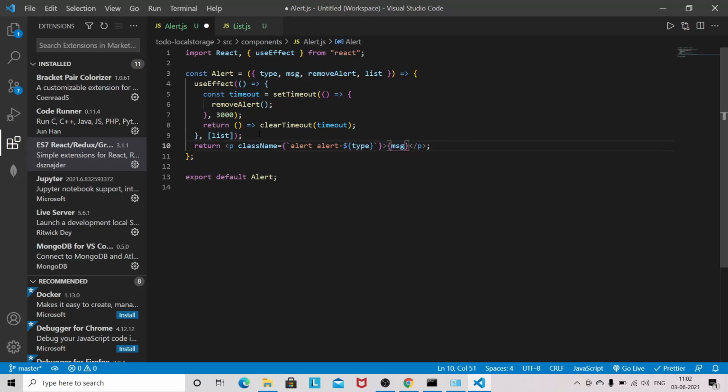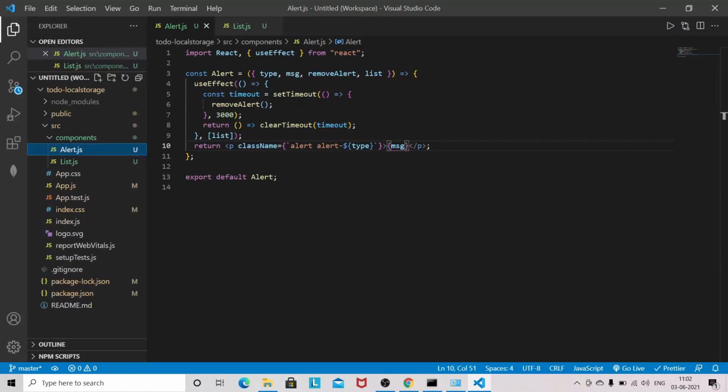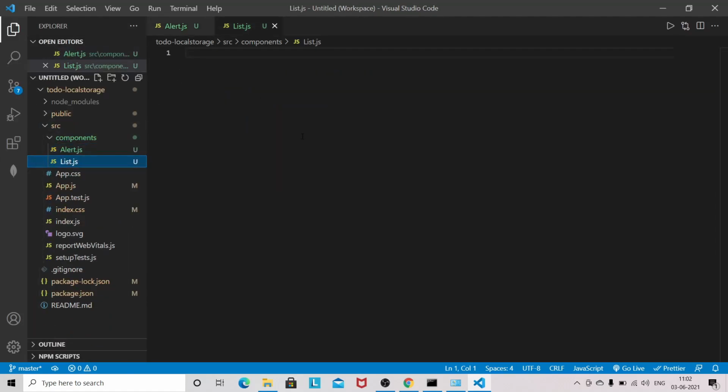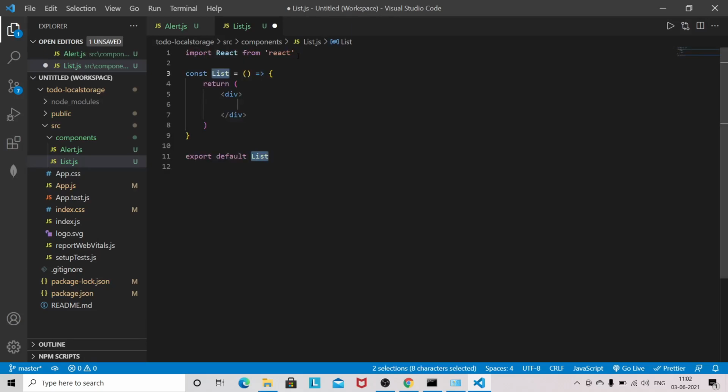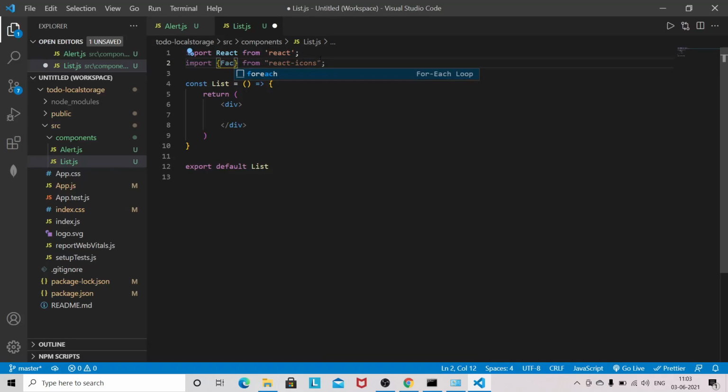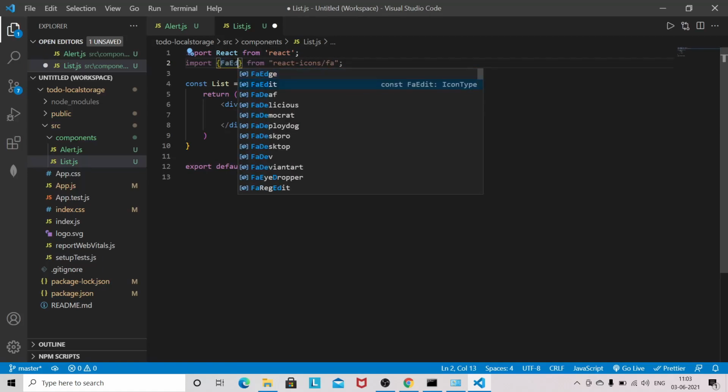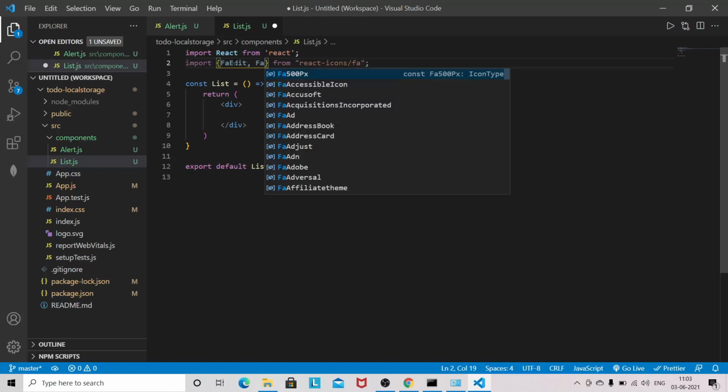So only this much we have to do in the alert component. Now come to the list component. So in list again I will generate some React snippet, and I need two icons for delete and editing. Okay, React icons, and we need to import from Font Awesome. So I will use /fa, edit, fa trash,